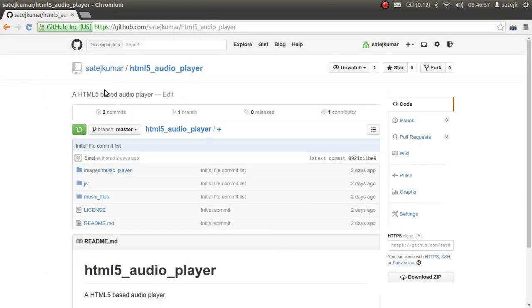Also, what I'm doing here is building an HTML page. Whatever we learn, we'll be implementing and using it to build a basic audio player interface with play, pause, reload, all those functionalities. As we go on learning, you can fork this page and even help me better the page.